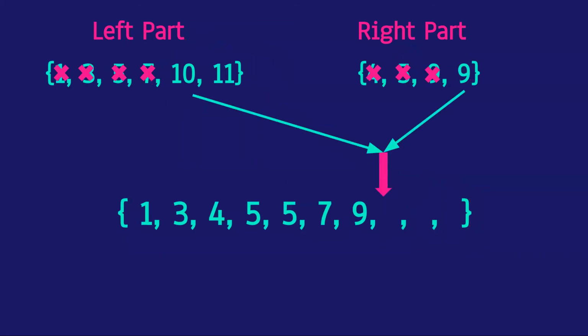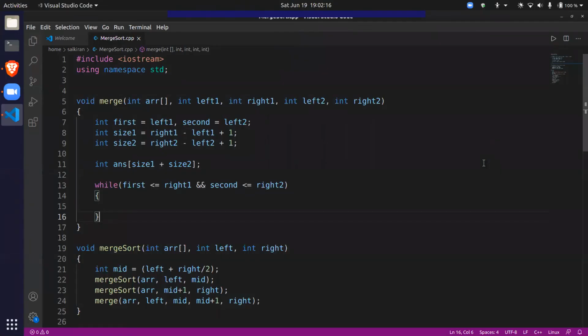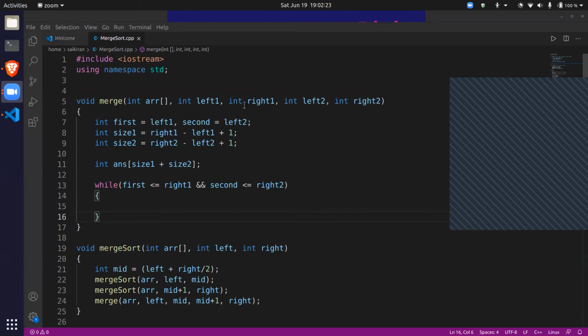So the criteria for comparison is when both of the pointers are still within their respective arrays, we compare them. But if even one of the pointers finishes, we will take the remaining elements and put them in the array. Okay, so did you get this part, what I just explained? That is what this while loop is here for. Okay, great.